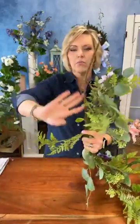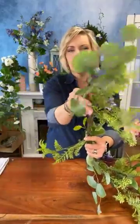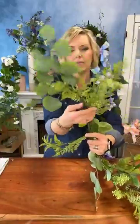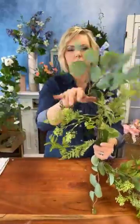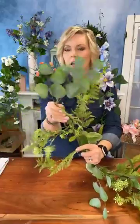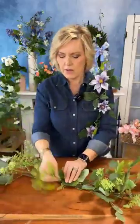So my trick with these really nice wired pieces is just to flip the end and bend it backwards to create a tip. Do you see how we did that there? Just bent the raw end down. I'm not going to cut it. And by doing that, popped up some of the ferns and some of that eucalyptus,